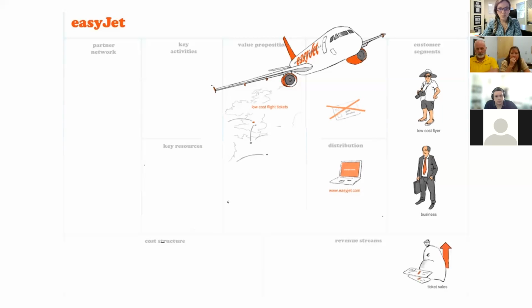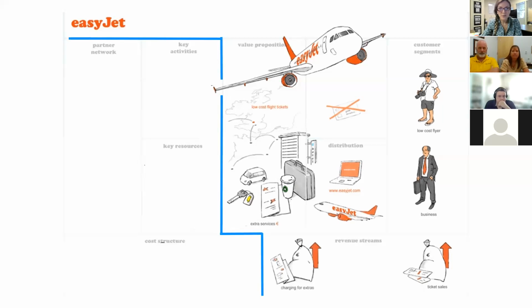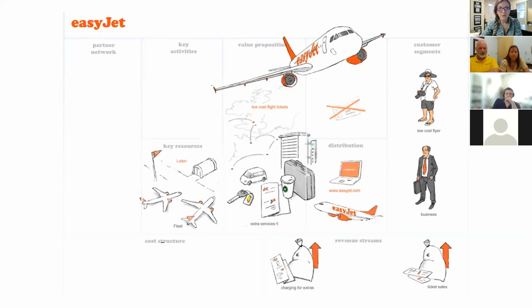They make money, of course, selling tickets, but they charge for everything: an extra suitcase, for coffee, they charge for everything. Charging for extras, that's what they call it. So now this is the right part of the canvas where they make money, and here is the cost. So this is how the fleets are in these